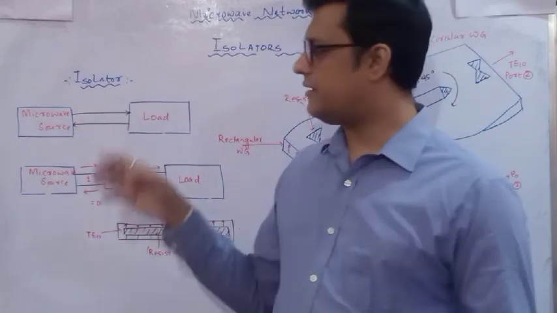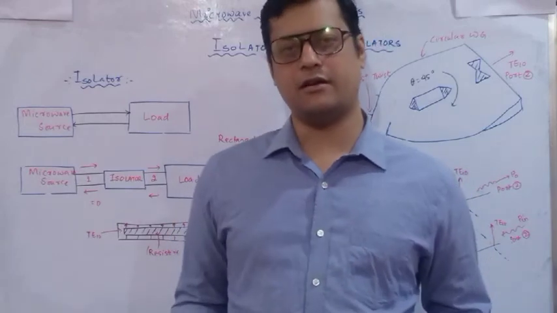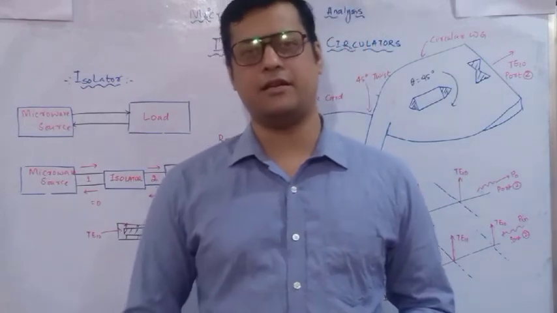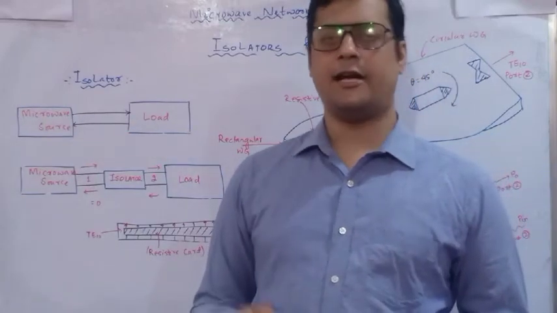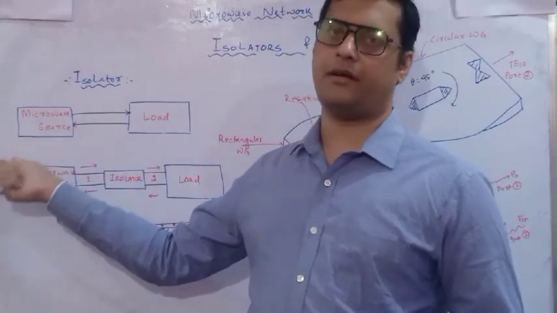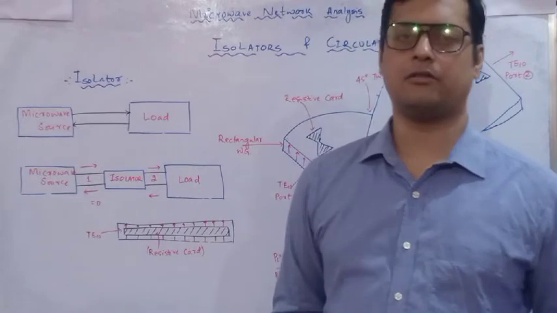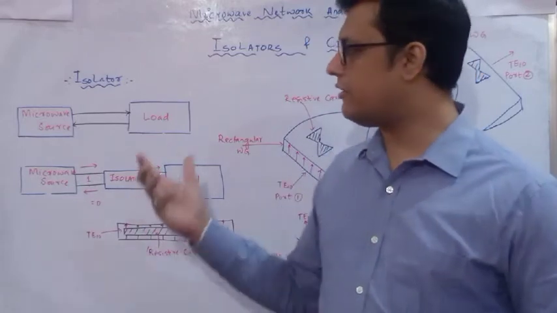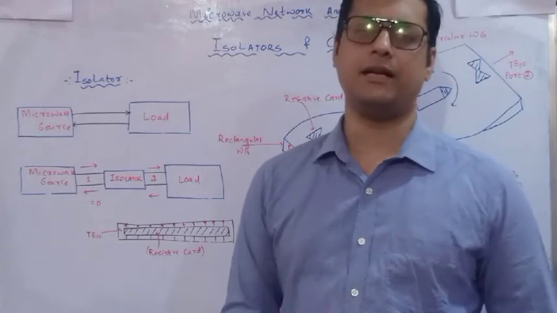Okay. Now, if it is not matched, what will happen? A reflection coefficient will be generated. If the reflection coefficient is generated, it means the reflected wave will propagate in this particular direction, and the reflected wave will hamper the transmitted wave which is generated from the microwave source, which is also called attenuation. It will contribute some sort of noise to it, so that maximum information may not be delivered.